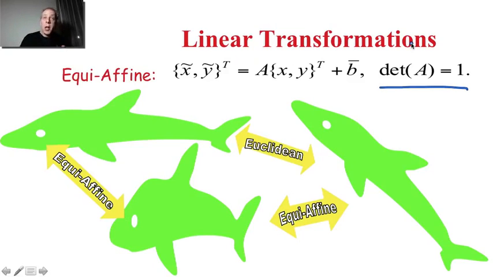Now, these are the type of linear transformations. We're not going to discuss nonlinear ones, where I can take x and square, log, y, things like that. We're only discussing multiplying by a matrix, so that means a linear transformation. We have Euclidean and we have affine, normally equi-affine. So now that we know that we can rotate, stretch, and do things like that to curves, meaning to shapes,